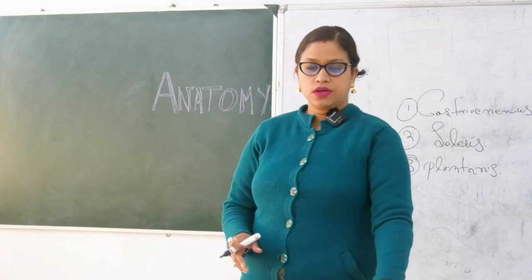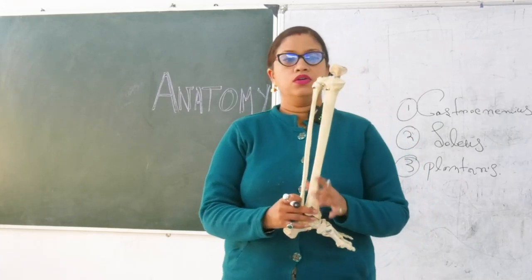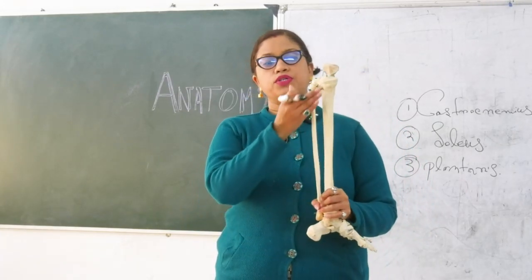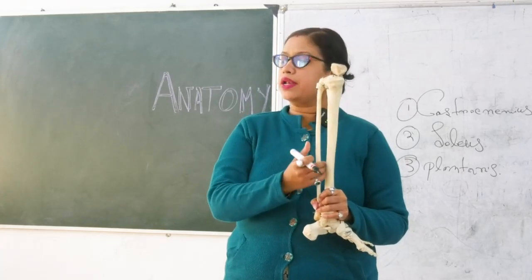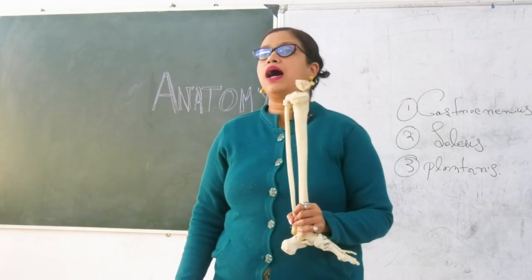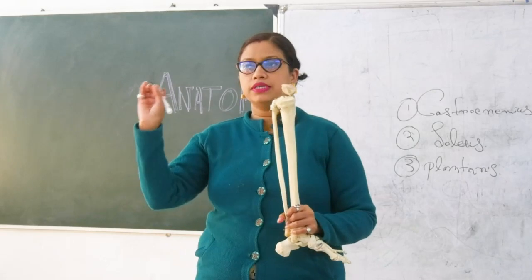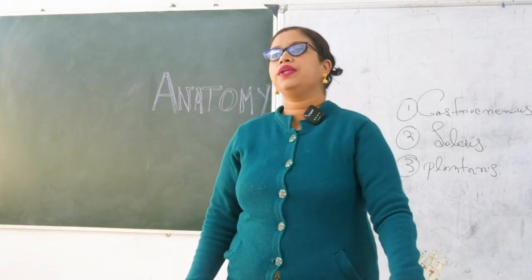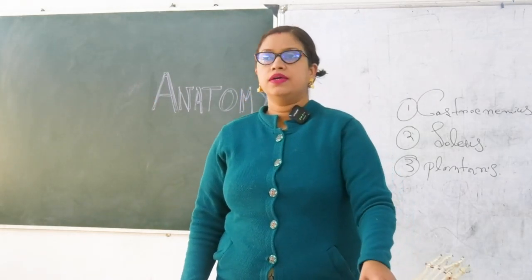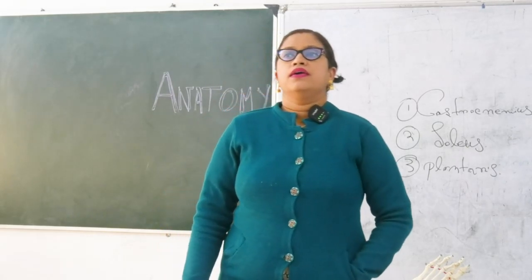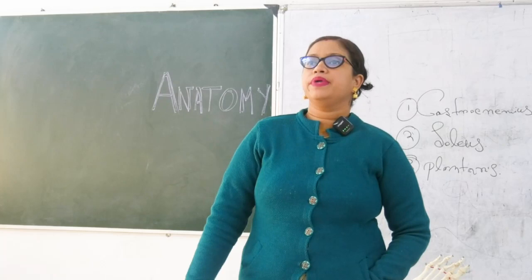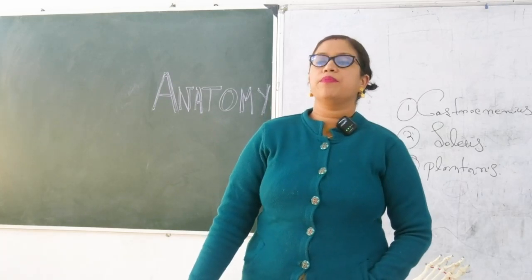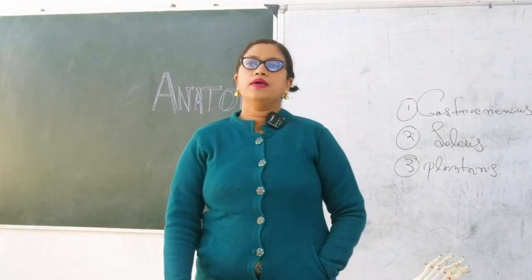no, the soleal line of tibia is over. So this is the posterior surface. So between the tibia and fibula, you have the interosseous membrane. So there is a formation of an arch. Okay, so write it down. Third origin is the arch between the interosseous membrane of tibia and fibula.